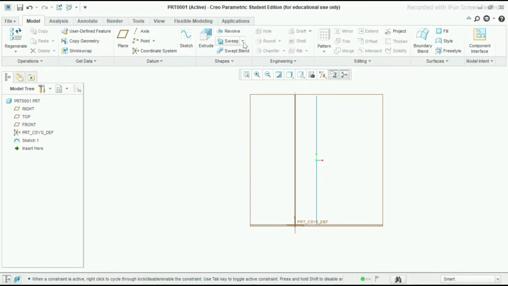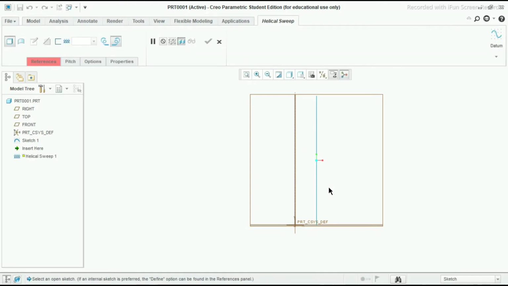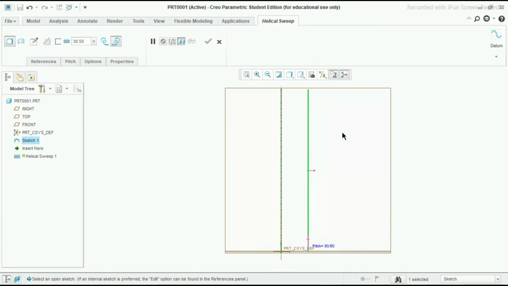Go to sweep, under this sweep tool command option select helical sweep. Select this line and here pitch will be 30.5 mm, 30.5, sorry, and select create edit sweep section.